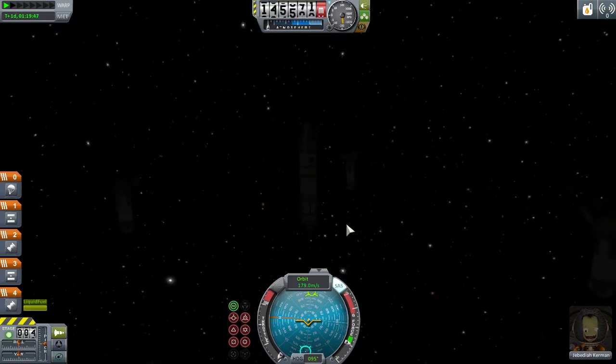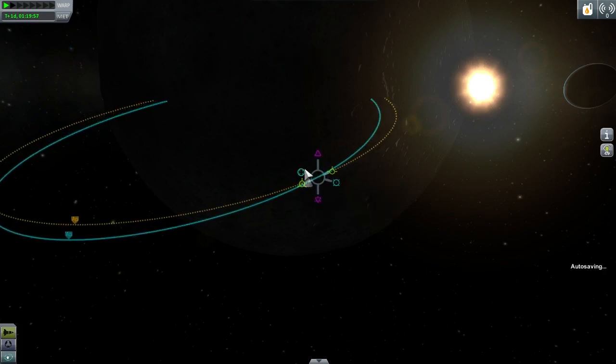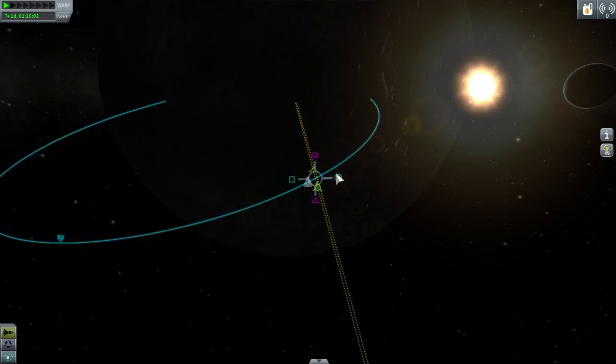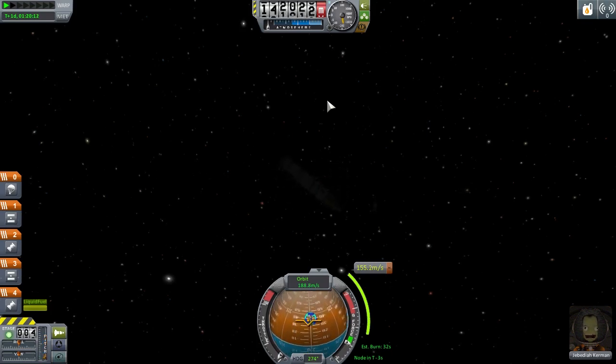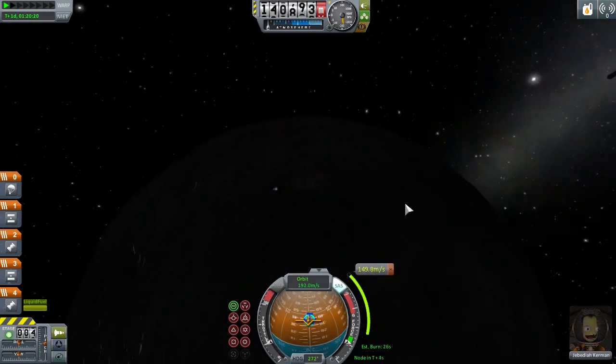So here's the deal. We gotta get rid of some of our side speed or we will die. As much as possible. Okay. So that's our maneuver. The ship should be pretty responsive. Actually, it should be quite similar to before, unfortunately. Might as well go for it. And